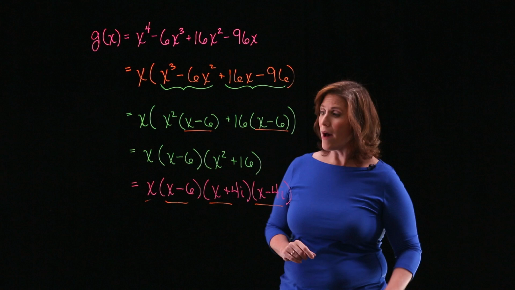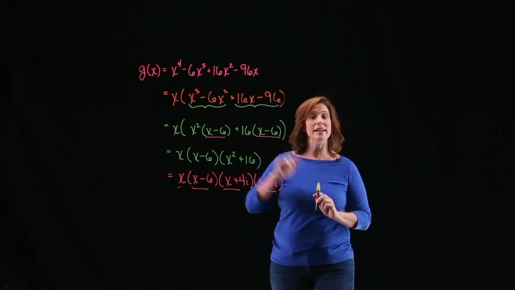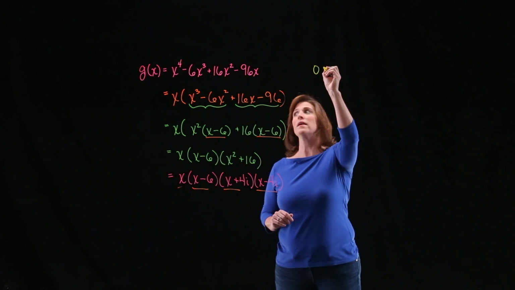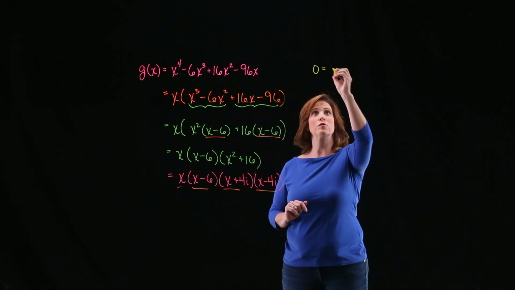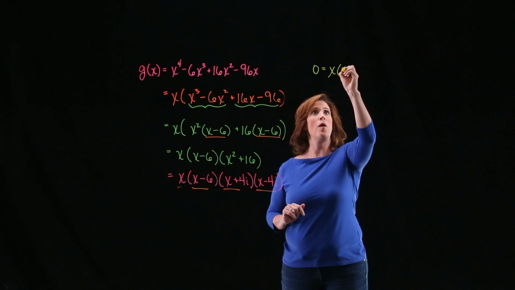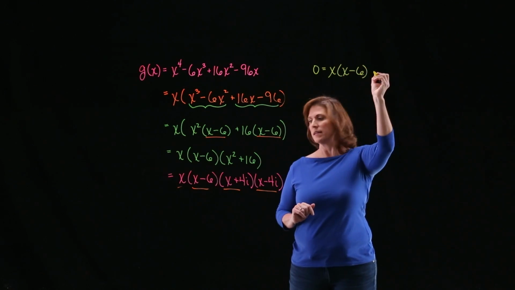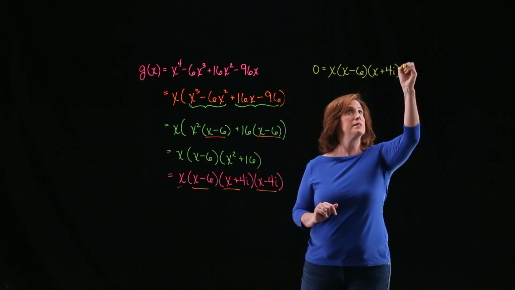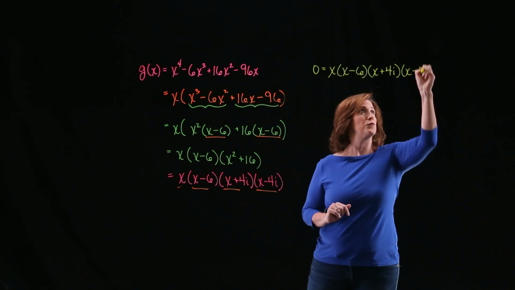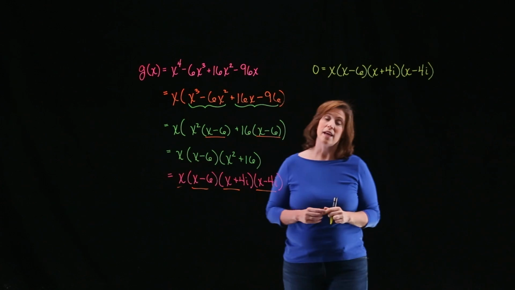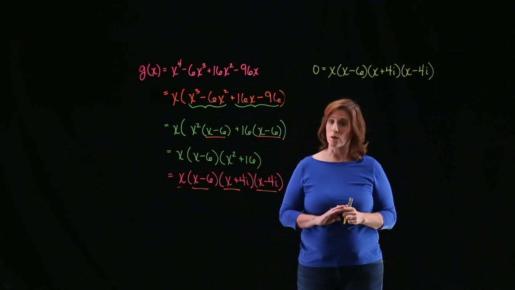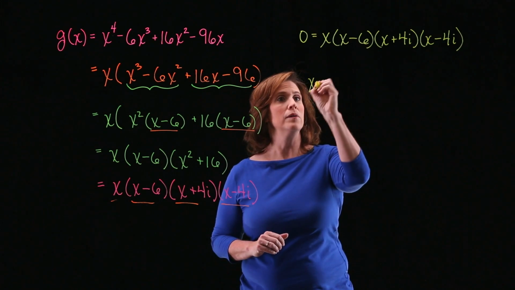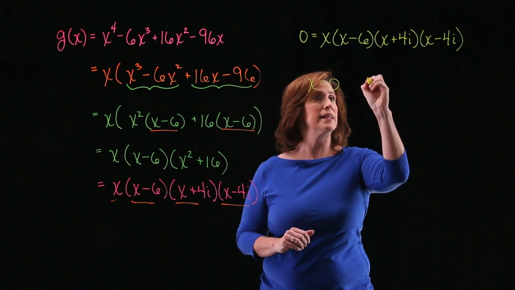All right, so now I have to find the zeros. To find zeros, we set the polynomial equal to 0. So 0 equals, and I'll use my factored form, x times the quantity x minus 6 times the quantity x plus 4i times the quantity x minus 4i. Notice I have 4 factors multiplied together that equal 0, so one of them has to be 0. So either x is 0, x minus 6 is 0,